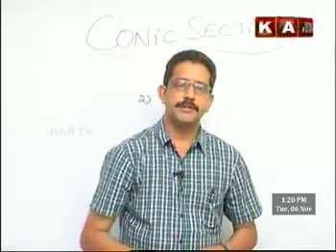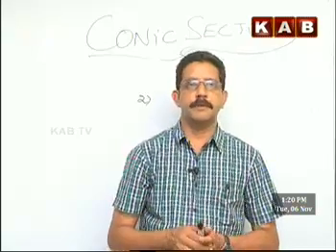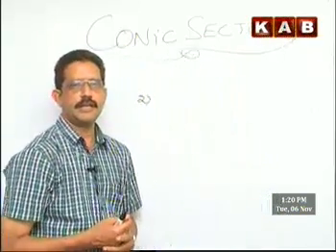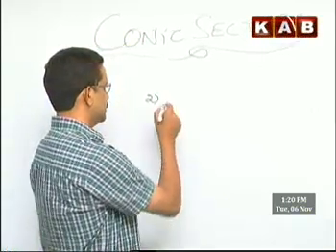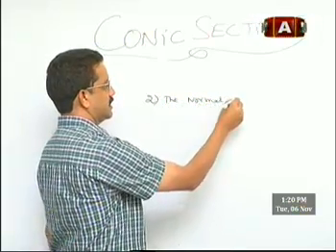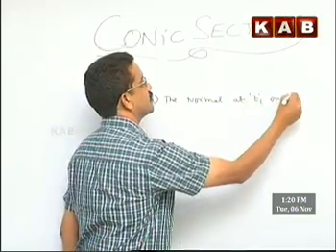These are very important. And now we are taking another question on normal. This question is a long answer question, and it has appeared many times, so please concentrate. I write the question carefully. The normal at t1 on y square is equal to 4ax